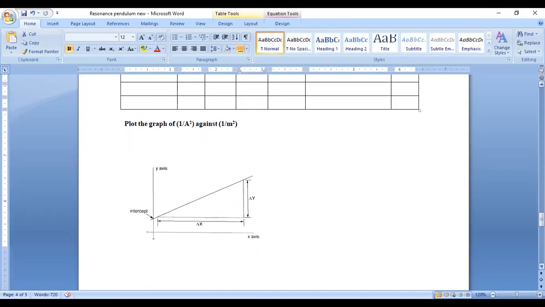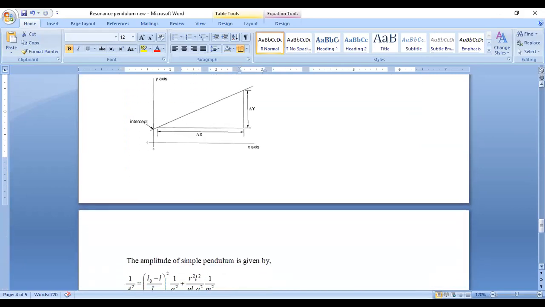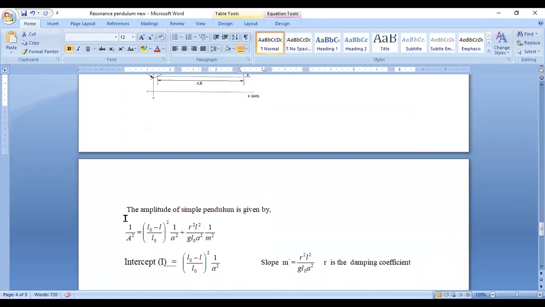And you see, this is the relation which I mentioned here. The amplitude of a simple pendulum is given by this: 1 upon a square is equal to (L0 minus L divided by L0) whole square into 1 upon a square,